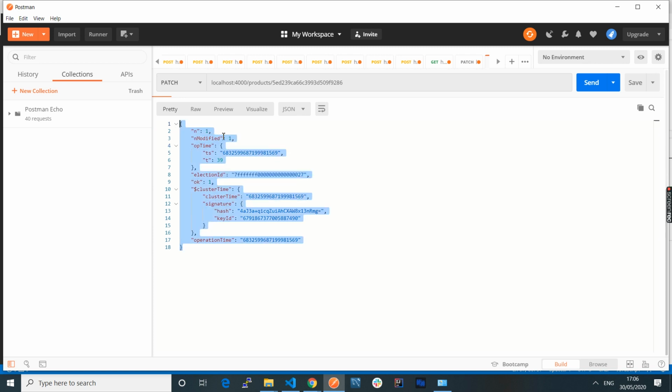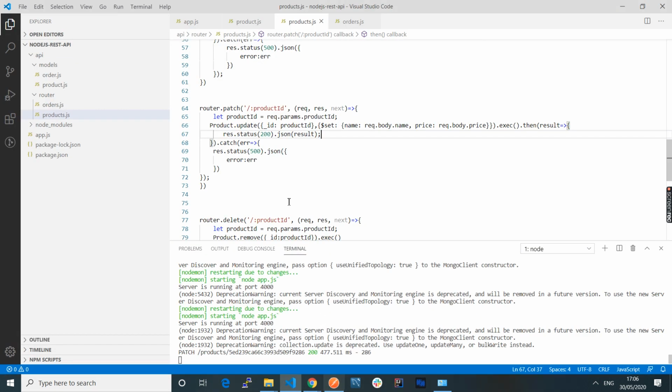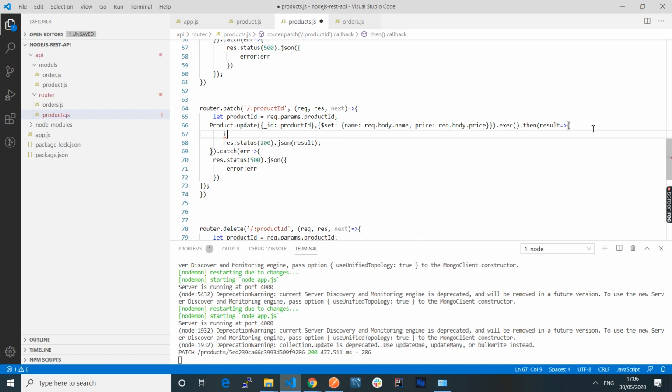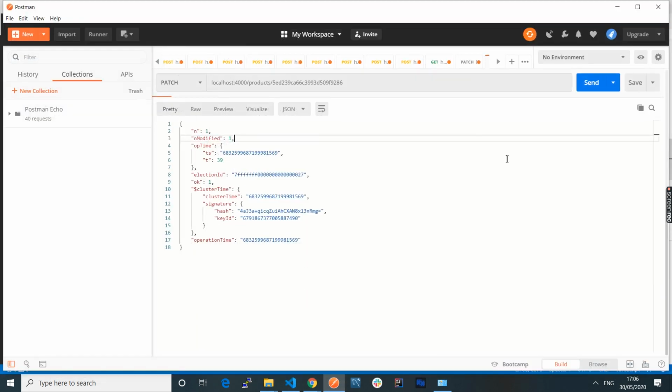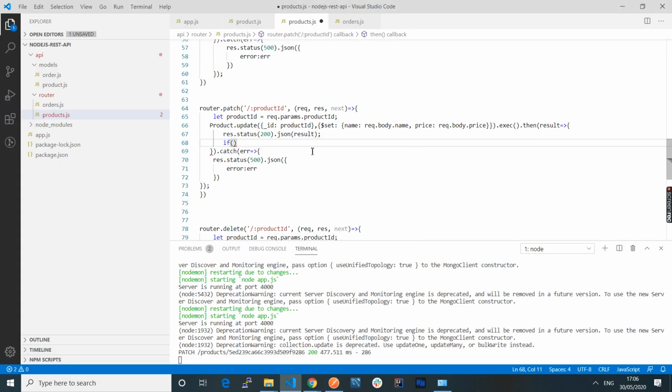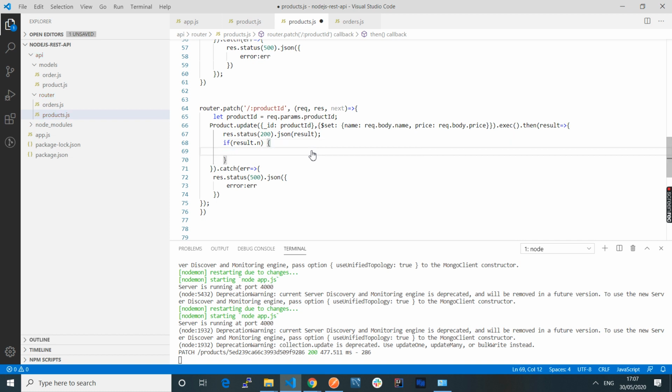So what we will do is that if n equals 1, then we'll try to return the new value which we received here. To do that, I will write if result dot n is greater than